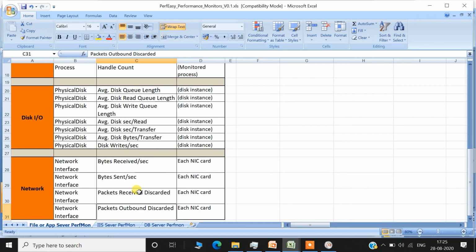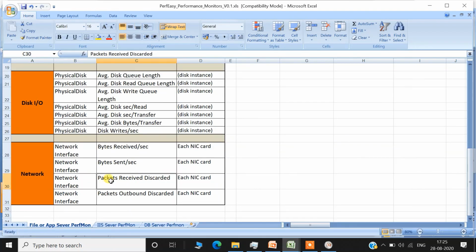Network consumption is the 4th parameter, which is very important, because there can be a situation where our processor is very good, our memory consumption is also good, and our IIS server or database server is giving very high throughput, but our network is not able to sustain that much utilization. To monitor that, select network interface and bytes received per second, bytes sent per second, so that we know how many bytes we are sending or how much bandwidth we are utilizing.